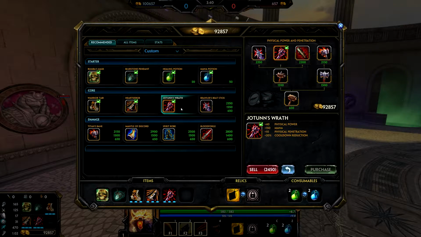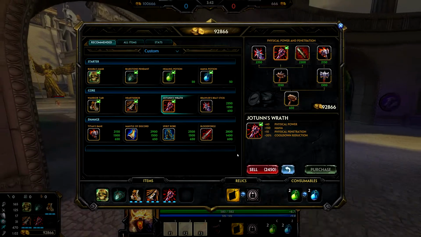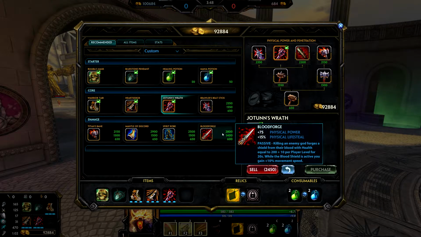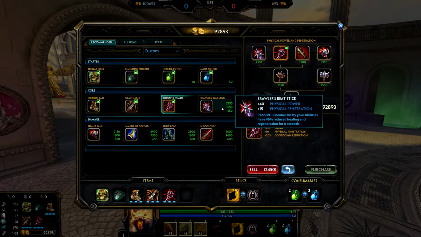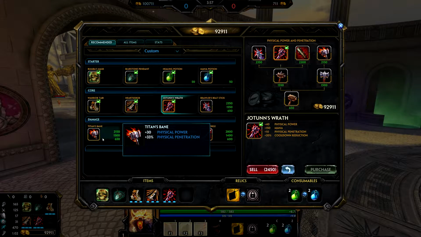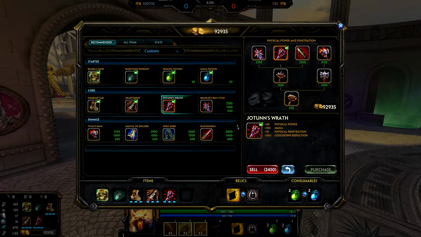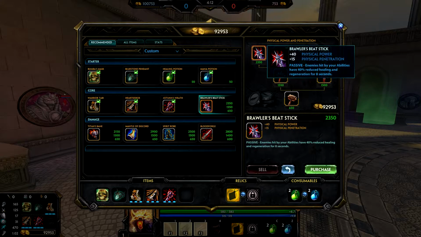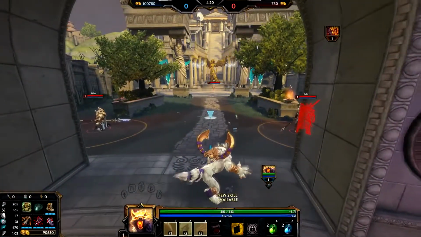Then, Jotun's Wrath. You're always probably going to want to get this next. Then you have a few different options for what you can go. I personally would usually go Brawler's Beat Stick. If I'm ahead, I might rush a Titan's Bane because they're probably going to start getting some defense. So that will help cut through actual people buying defense instead of just base protections. Brawler's Beat Stick is probably my standard option if I'm just doing normal in the game, not too ahead, because